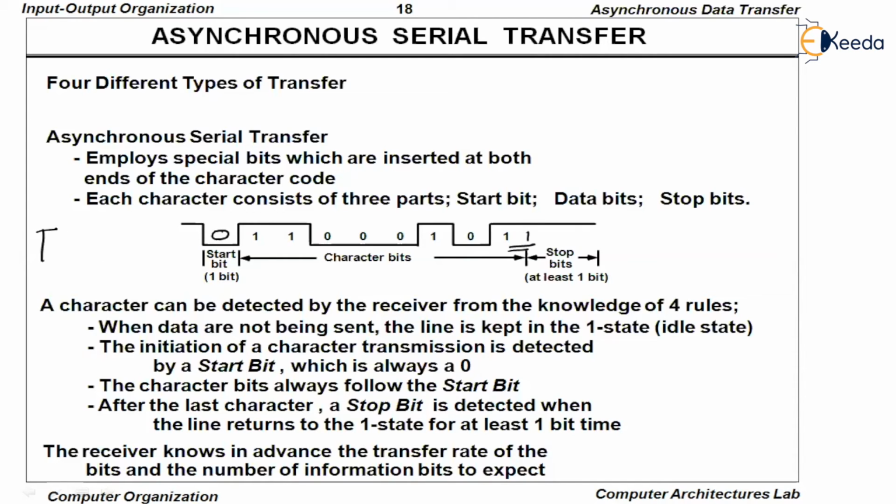The moment the destination receives this 0, it counts the digits: 1 2 3 4 5 6 7 8. In total it has to be 8, but here it is shown 7. So it counts a total of 8 digits. After 8 digits, it will also search for 2 ones. Then the package has been completed. It is going to accept the byte, which is equal to 8 digits.